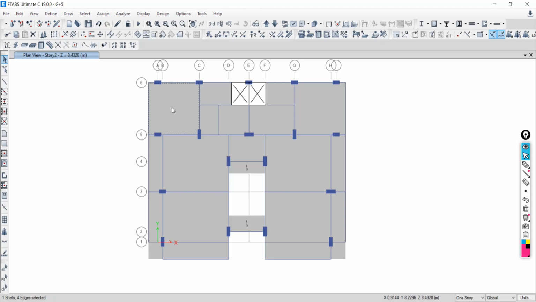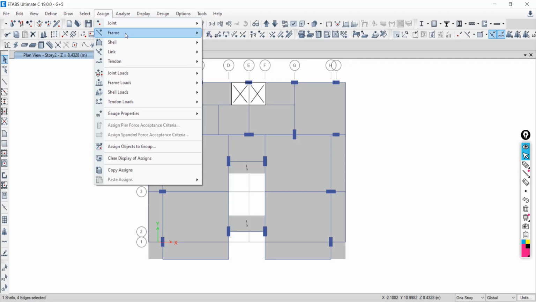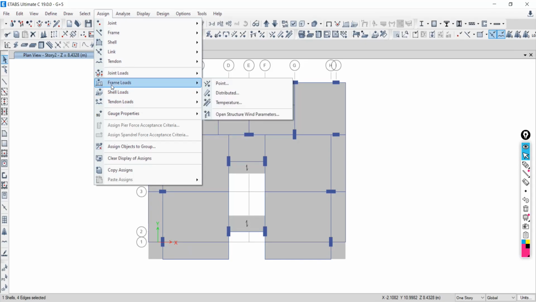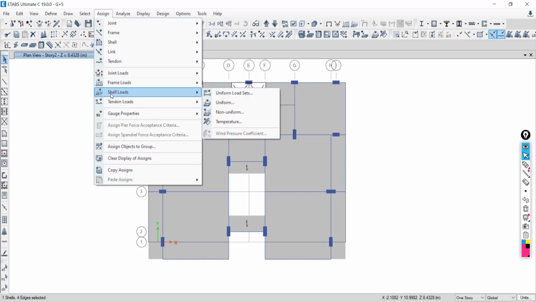Select this slab, go to Assign, go to Shell Load. See, point load we have discussed, frame load we have discussed. Now the last is the shell load. So uniform load. We want to provide a uniformly distributed load over the slab.